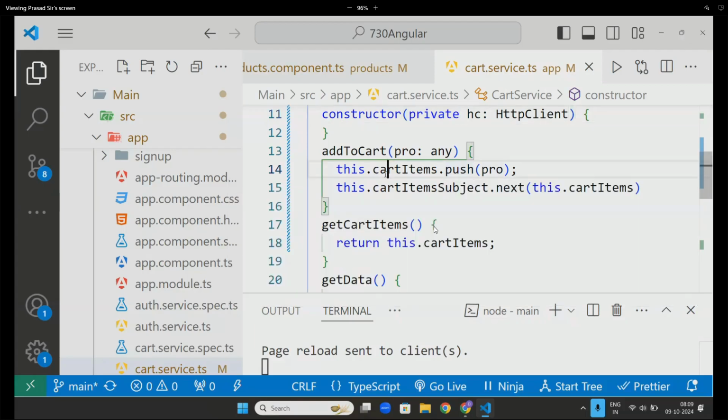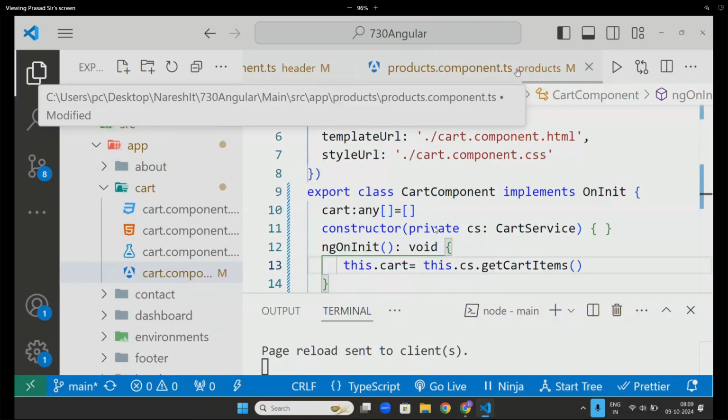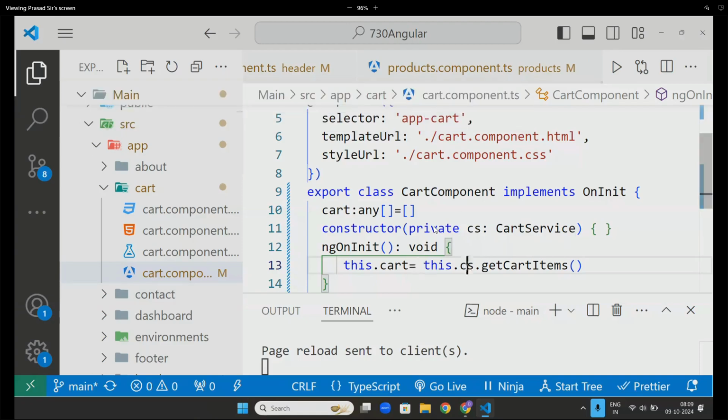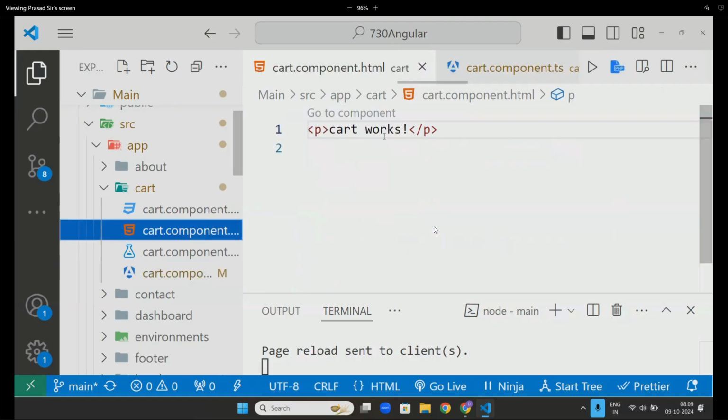Take this array and check whether this array already has that particular item or not. How do you check it, sir? Find. There is one function in arrays called find. Using find, check whether it is already there or not. If it is there, give some toast message alert. If not, put it. Okay. So I am doing basic functionality, again I'm telling you. But any functionality you have in mind, tell me. I will tell you how to do it. Okay. Now anyway, the cart items came, put it here and print it.